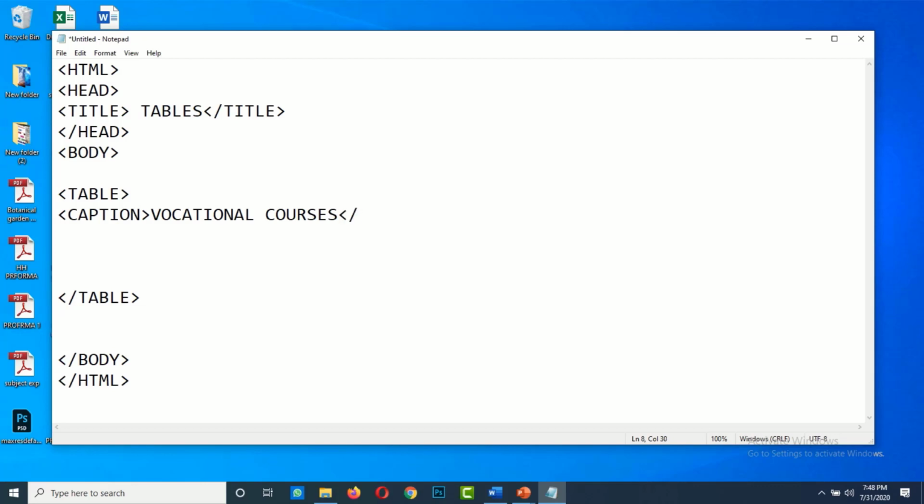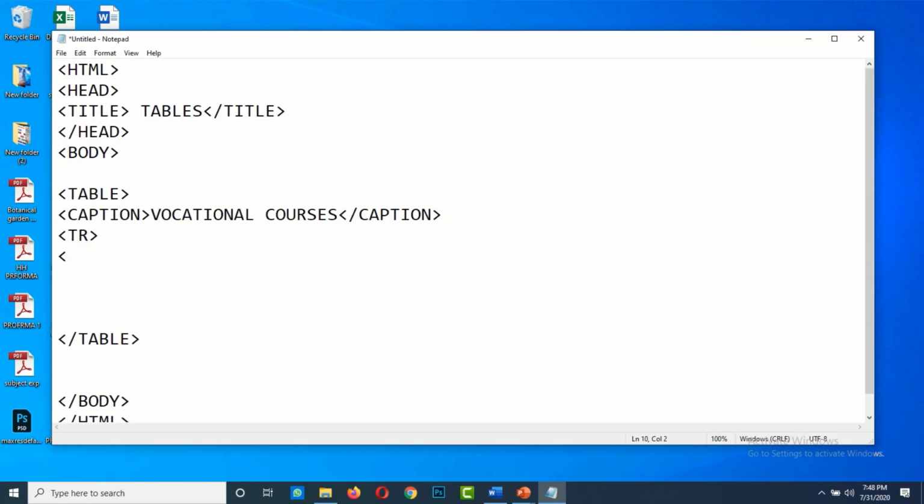Vocational courses, caption close. After the caption, I am going to create a row with th. Instead of td, I am using th because I want my first row as heading.